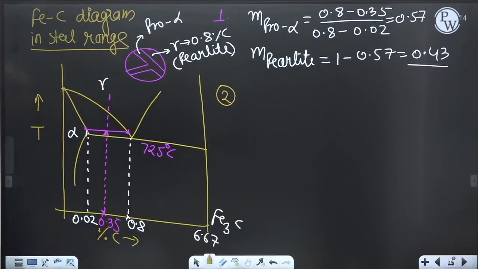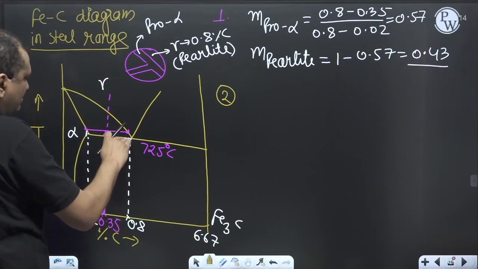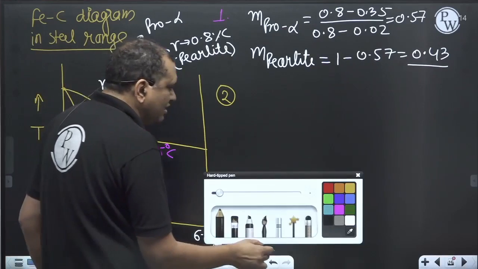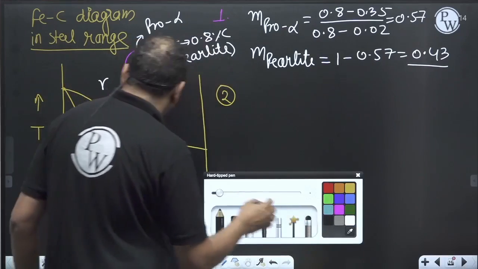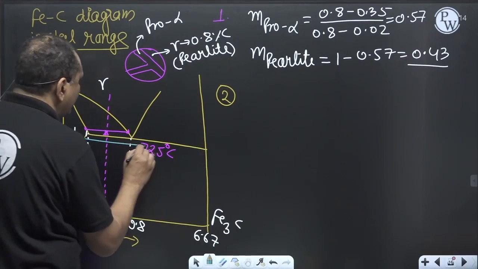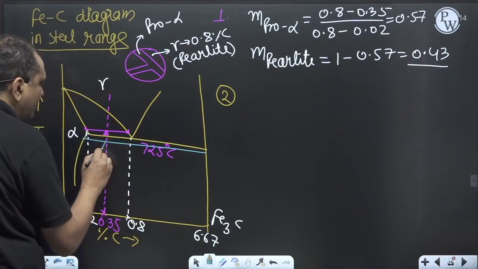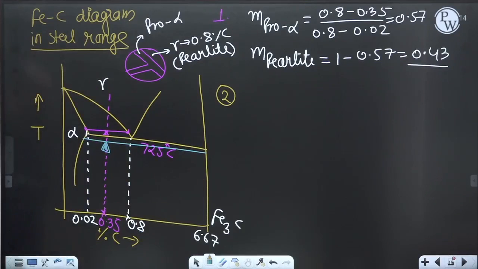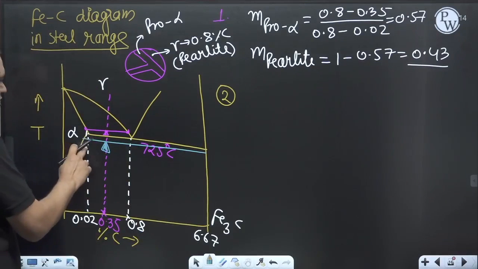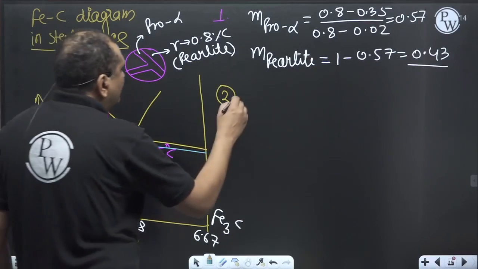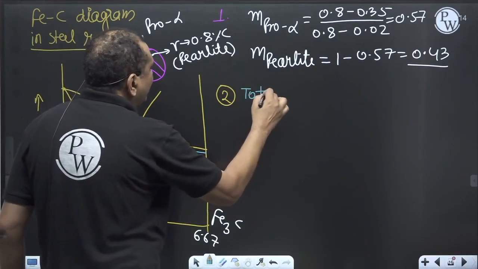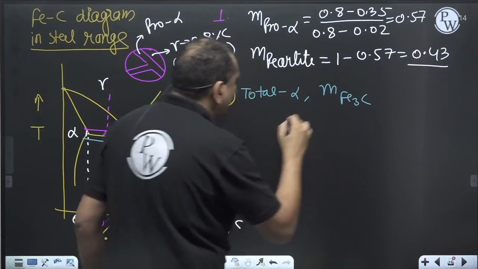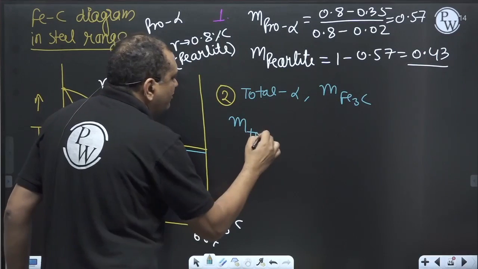Now draw a tie line below the eutectoid temperature. So for that take some other color. Draw the tie line below the eutectoid temperature. This one. This tie line will give you the total alpha. This line will give you total alpha and cementite. So mass fraction of total alpha,